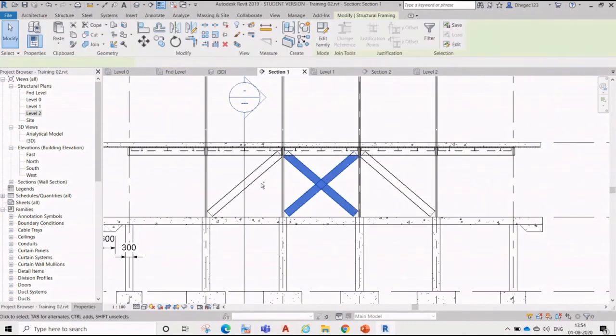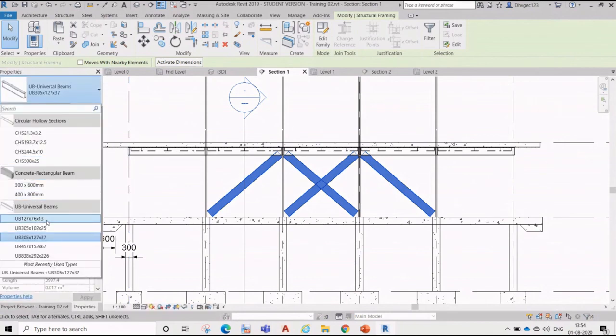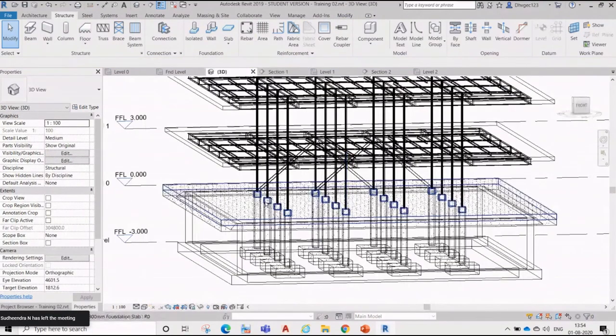The size is very big. Go to properties, here we can change it. Okay, in 3D you can see that bracing over here.